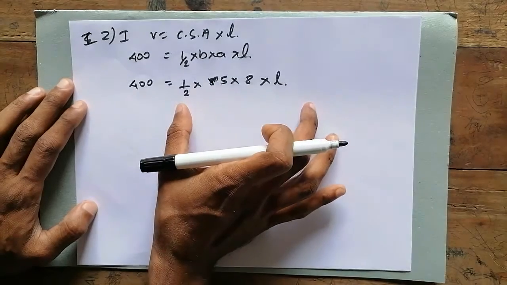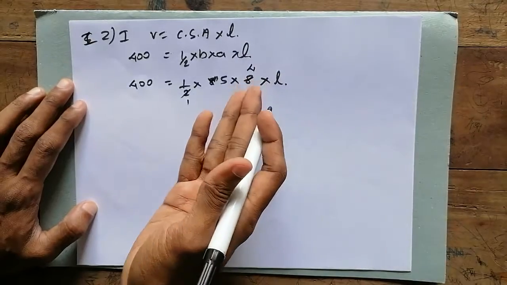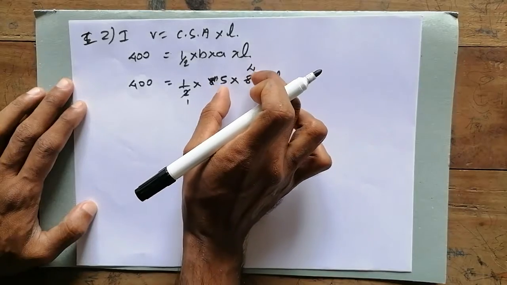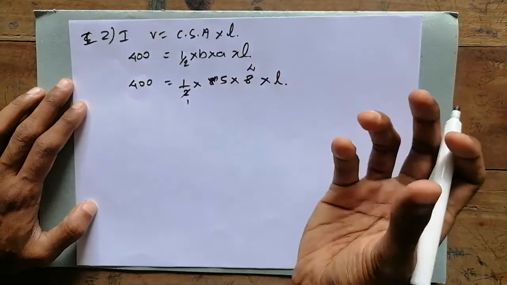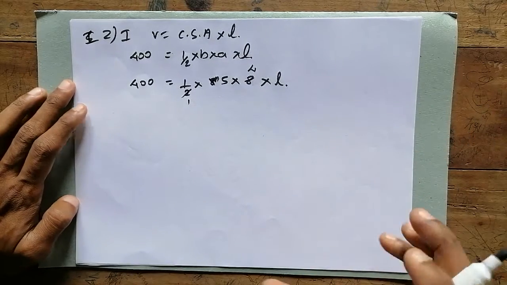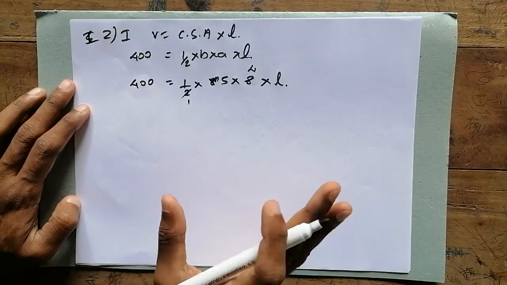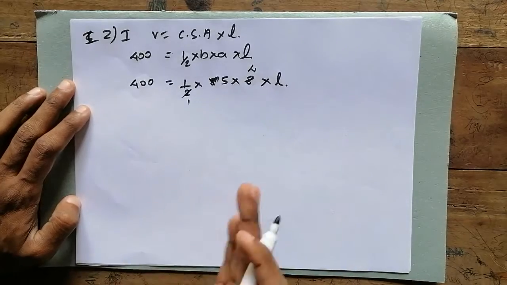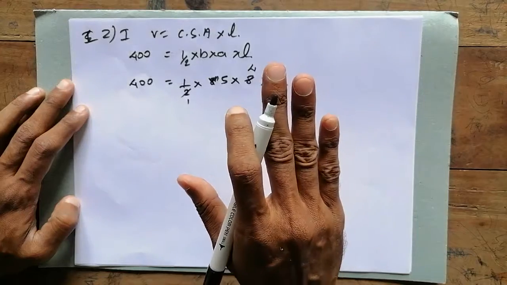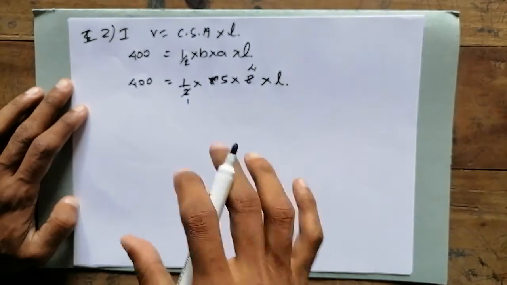So in this part of the equation we can do a simplification. Divided by 2, it's 4. So we'll move the 4 and 5 to the other side of the equation. It's a simple value, 4 times 5, so it's 20. It is also an easy number, so we could do the calculation, but we don't want to multiply it because we need to practice this method. So we need to find L. We need to keep L on this side, and we'll send the 4 and 5 to the other side.